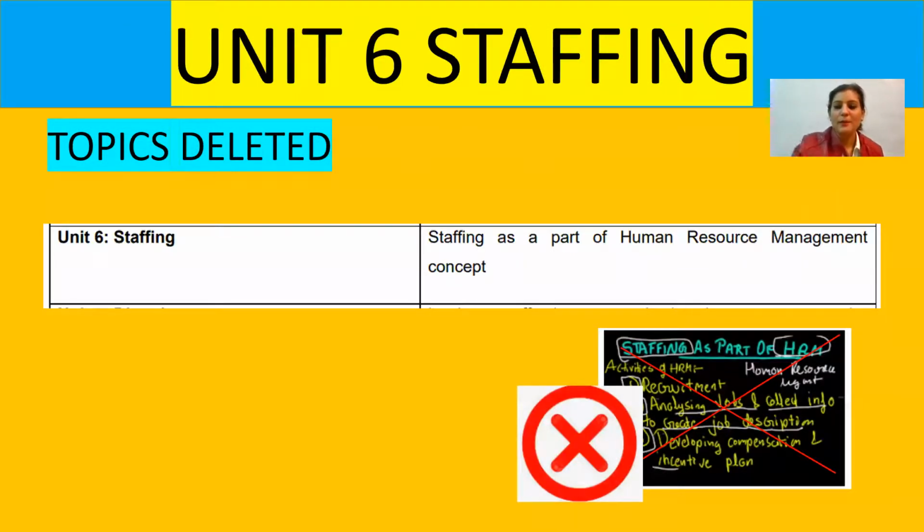And the important topic in this chapter is training, on the job training, off the job training. This is very important because in this year, in this pandemic, so many people have lost their job. So many have moved from one place to another place. They are in search of jobs. They are trying to earn their living. So many of us have entered into new fields. They are getting trainings. So this is the most important topic from this chapter, staffing.